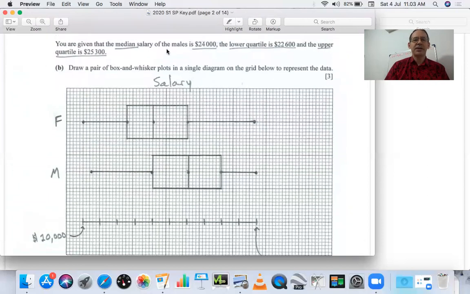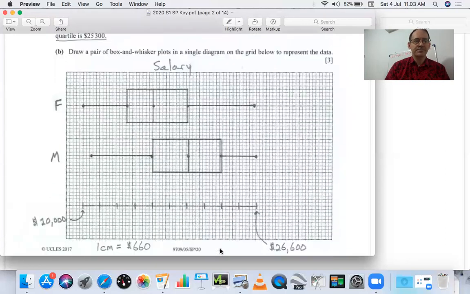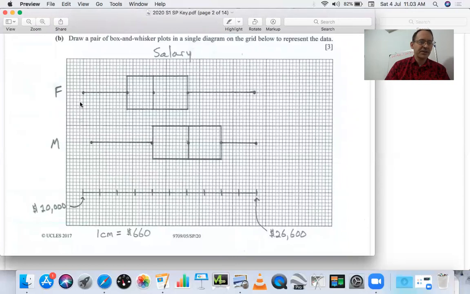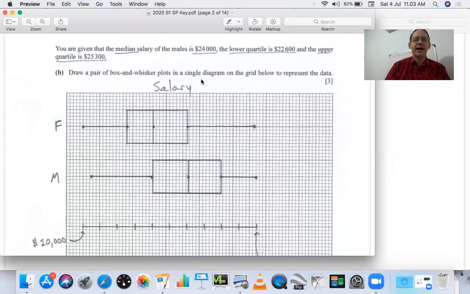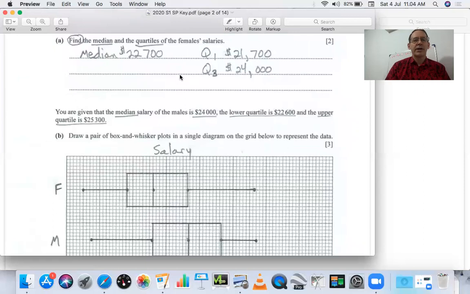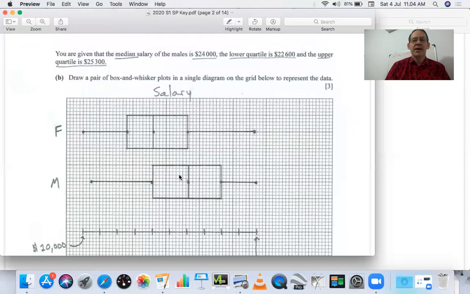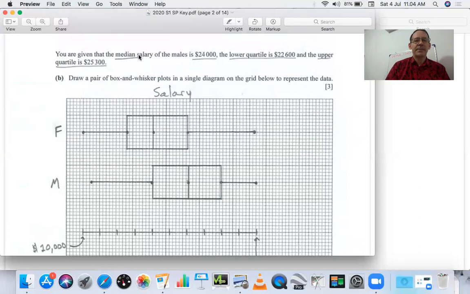Then the male values they put up here. So the minimum, you have to look, 20,300. So it's over just a little bit. It's not at the end. So 20,300. And then you have first quartiles, 22,600. Notice 22,600 is almost the same as the median of the previous one. Okay, almost the same. Then you have the median for this one's 24,000, third quartiles 25,300, and then of course the maximum was